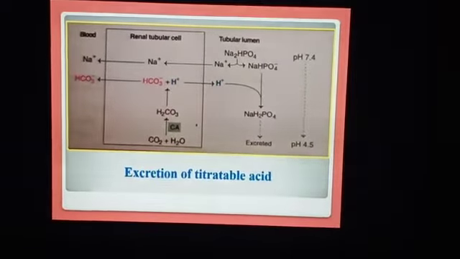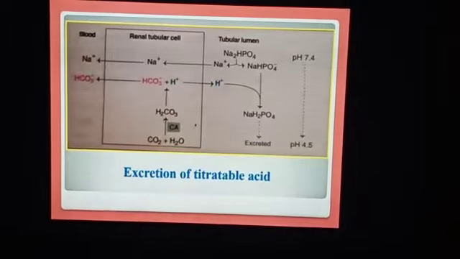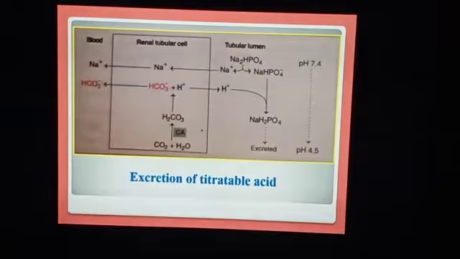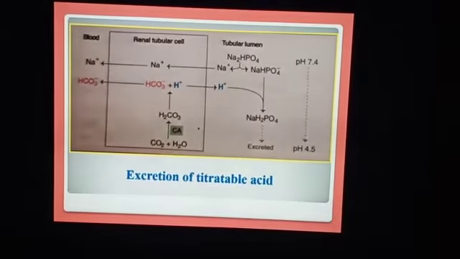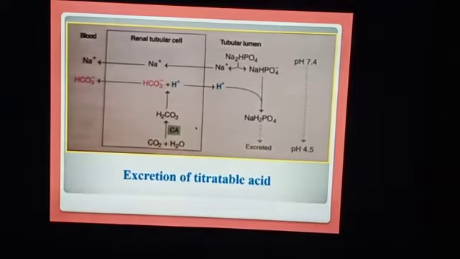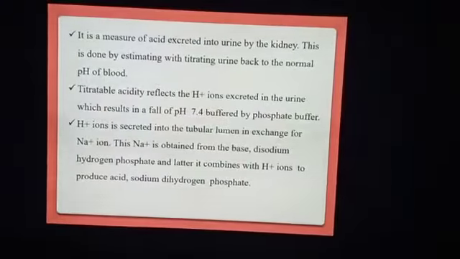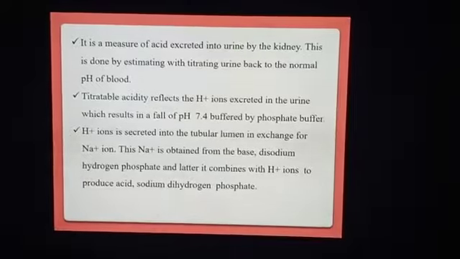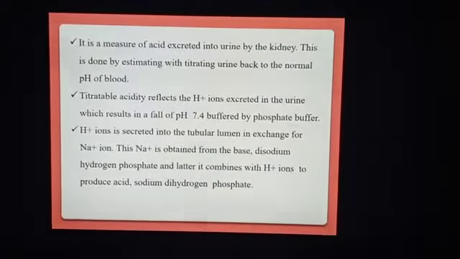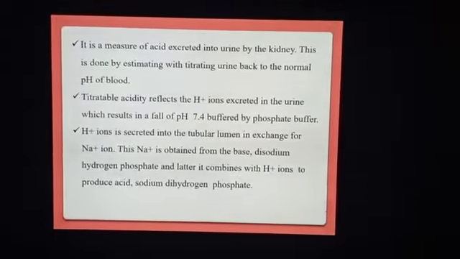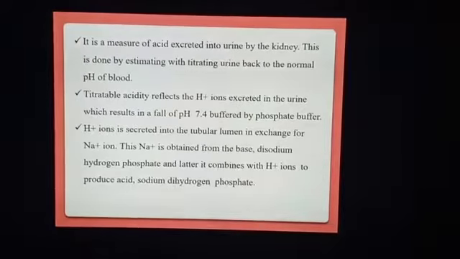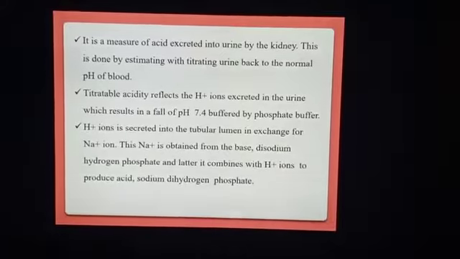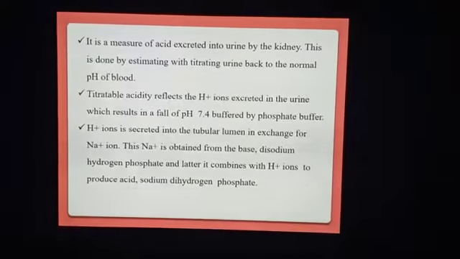Disodium hydrogen phosphate has a pH of 7.4, and when it combines with H plus ions to form sodium dihydrogen phosphate, its pH is 4.5, which is excreted in the urine. And it is a measure of acid excreted into urine by the kidney, and this is done by titrating urine back to the normal pH of blood. And titratable acidity reflects the H plus ions excreted in the urine, which results in a fall of pH from 7.4,